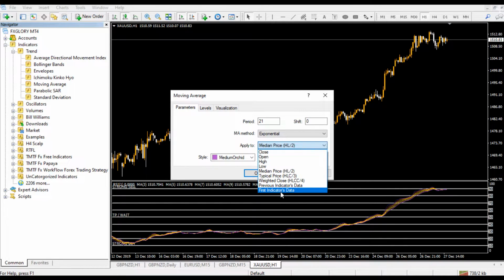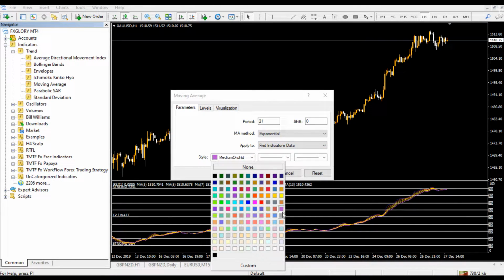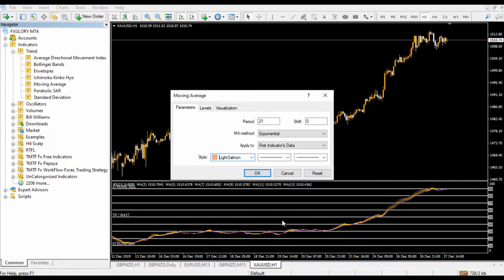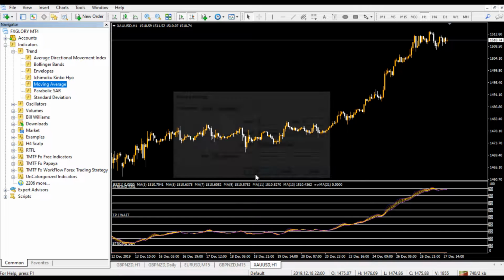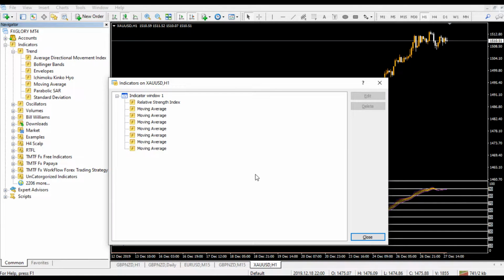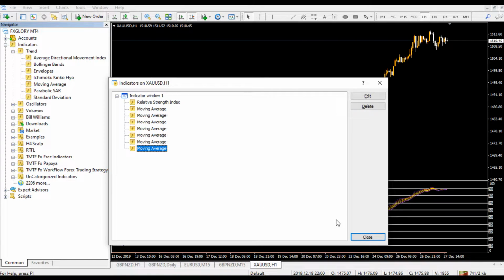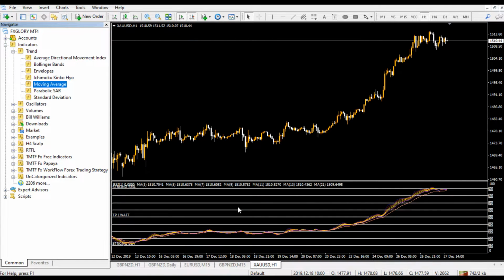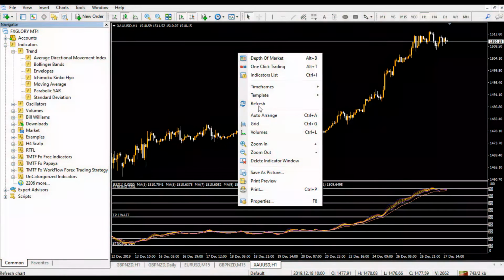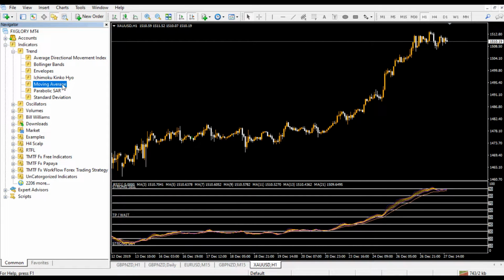First indicators data. Go to the next color. I'm going to skip the dark gray and go to light salmon. Okay. Control or Command I if you're on the Mac. Double click the last one. Change the apply to median price. Okay. Hit close. Bam. Now the last one, all right, that no one ever puts on there is the 30